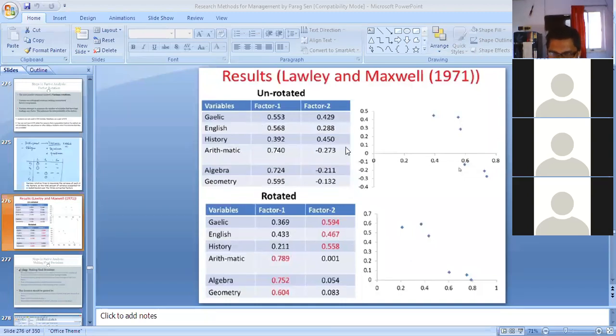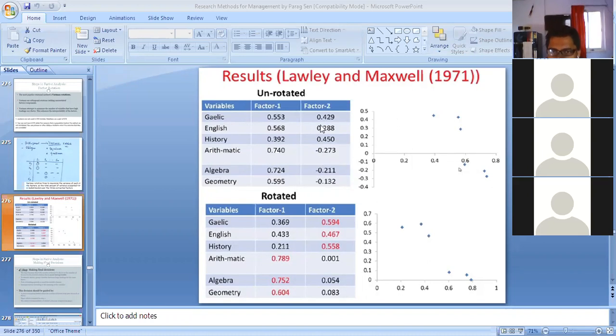But when you want to do the factor rotation, your objective is to maximize the highly loaded factors and minimize the weakly loaded factors to get a better pattern.